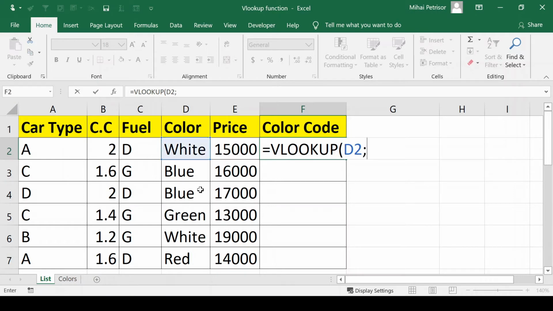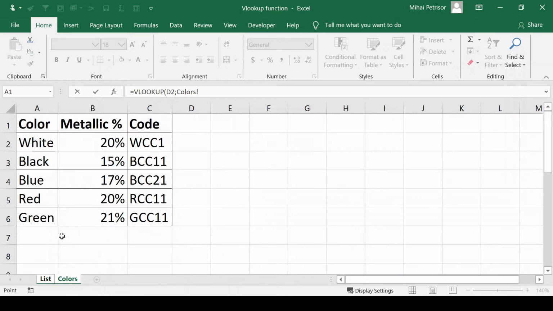The second argument should contain the source table from where we want to bring the code. So I will select all the columns, and then the third argument will be the number of the column that I want to bring in my table.